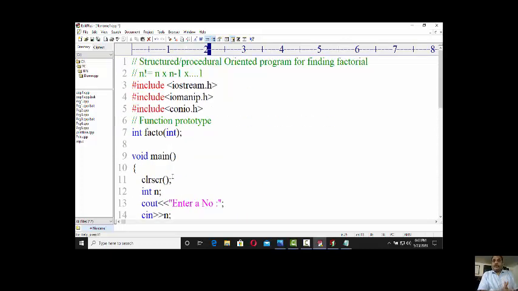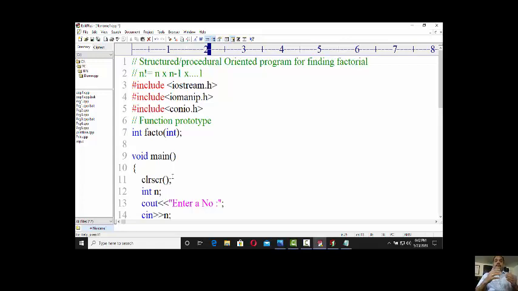Now one question arises: this is again a code we are writing in C++. Yes, you are right, we are writing a code in C++, but object oriented programming and structure and procedure programming are not language centric. It means it's an approach. Even you can use a Java compiler and write the code in the structure and procedure oriented way. Even you can use a Python compiler and develop a code in the structure oriented way. Structure and procedure oriented versus object oriented is a difference of programming approach,